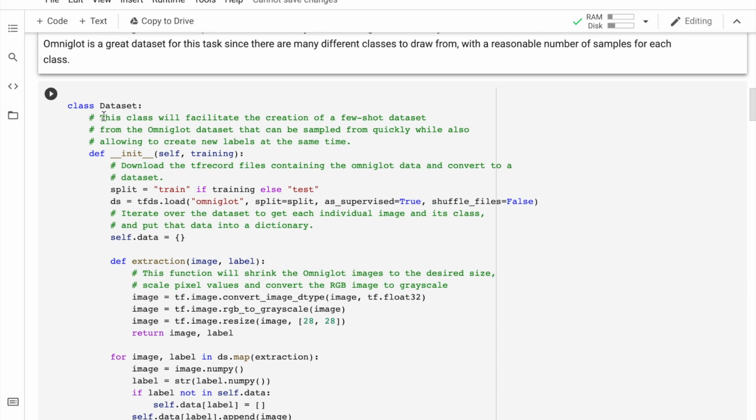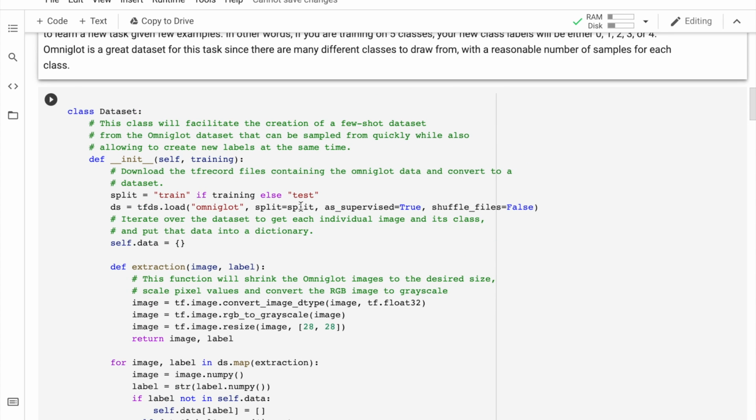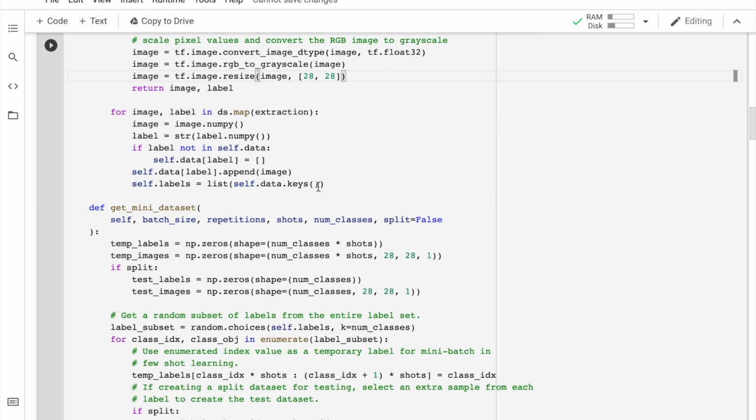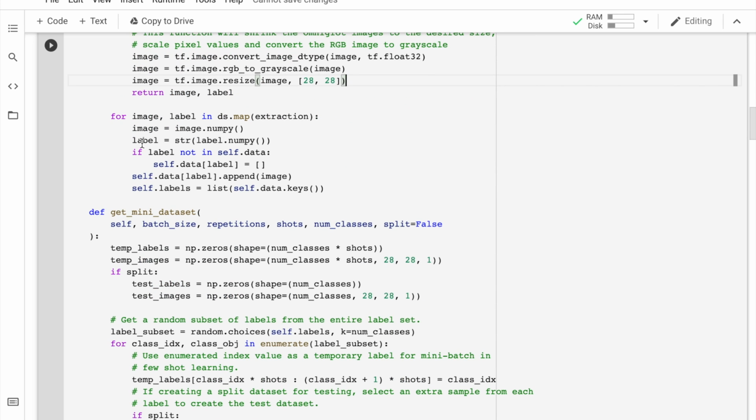We have a class dataset that's going to be sampling tasks from the Omniglot dataset. We have our initialization where we set the splits and load the Omniglot dataset from our TensorFlow datasets library, and then we do the extraction, where we convert the image to float32 data points, move it into grayscale, and then resize it to 28 by 28, similar to MNIST digits. Then we use ds.map with this extraction function. This is how we loop through the data and map it by applying this function to each instance in the dataset. And we're going to convert our image to a NumPy array,